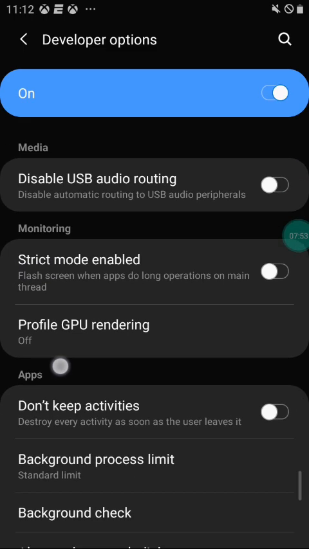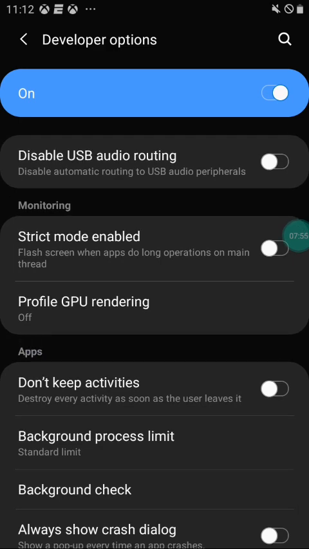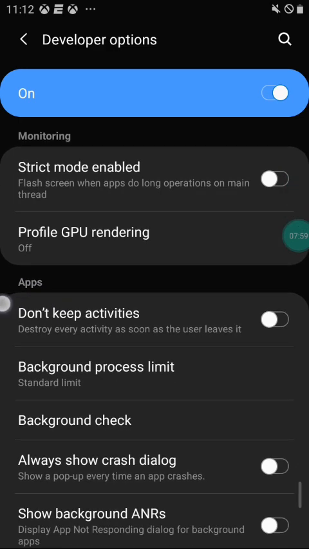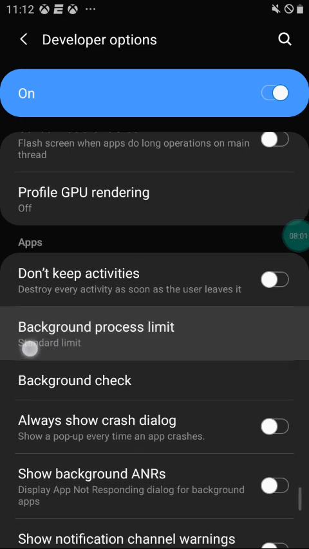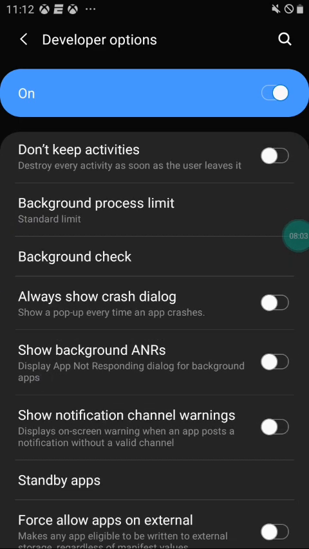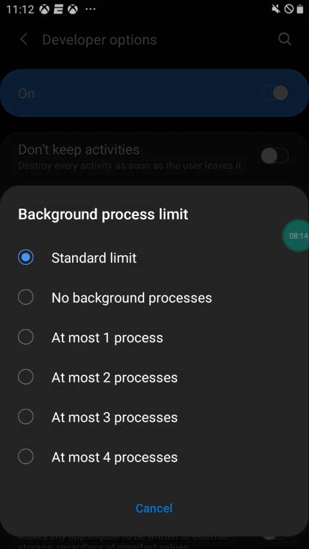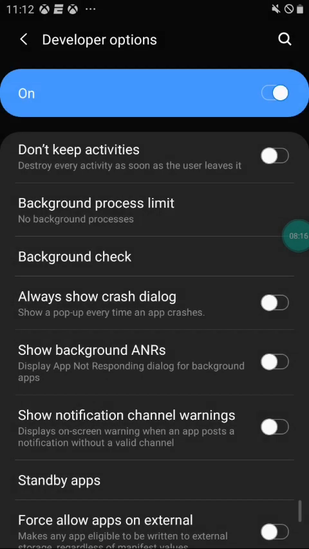Color space. Disable USB audio routing. Profile. Do not keep activities. Standard limit. So do not keep activities is like what ends up happening is if you turn that on and then you put this one to no background processes, nothing can run in the background when you do that, but the activities you can still keep them like